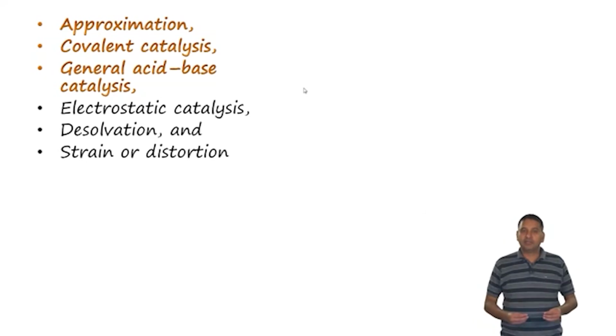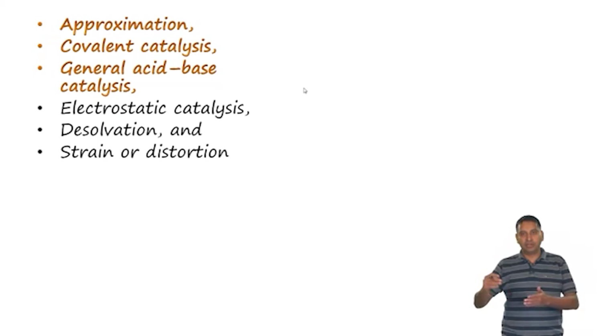We have looked at various mechanisms of catalysis by enzymes. So, we first looked at approximation, in which the substrates, the two reacting molecules, are brought close to one another in a very preferential manner, so that the reaction can occur. And then we looked at covalent catalysis, where a highly reactive covalent intermediate is produced during the reaction,